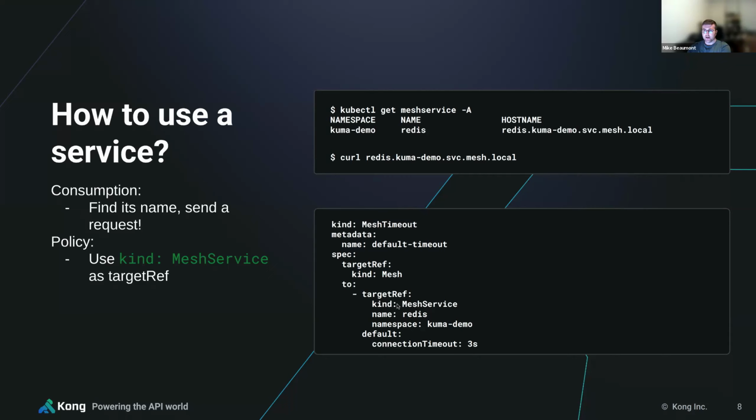And you can just target, so in this case, you would set a timeout. What this is doing is setting a timeout for all workloads in the mesh. Any request to the Redis service in the Kuma demo namespace gets a connection timeout, so a TCP connection timeout, of 3 seconds. And yeah, basically it's similar to how it was before, but previously